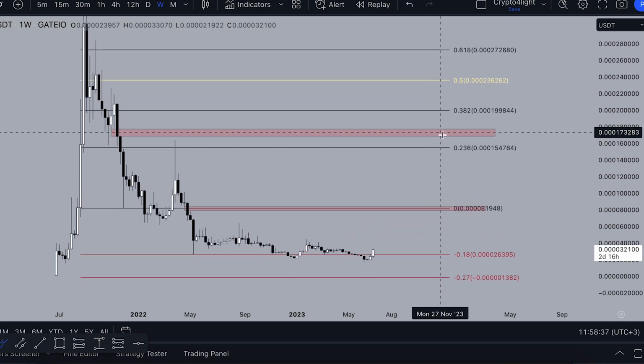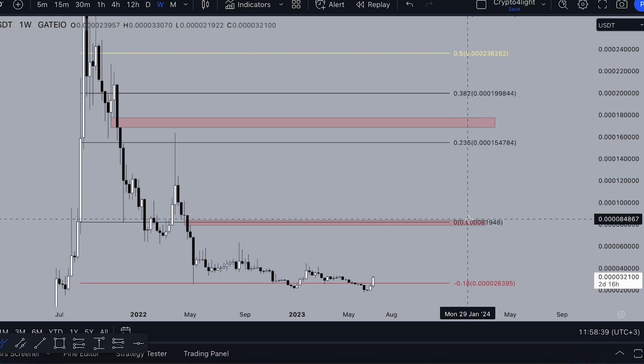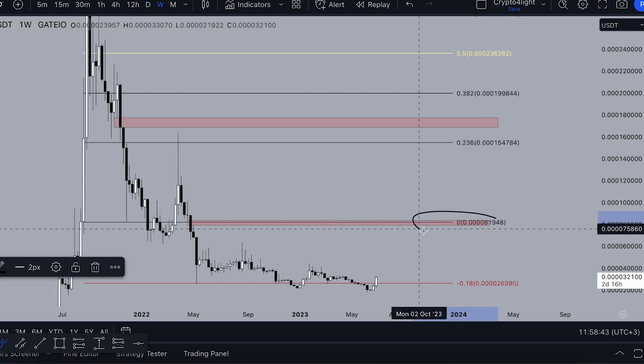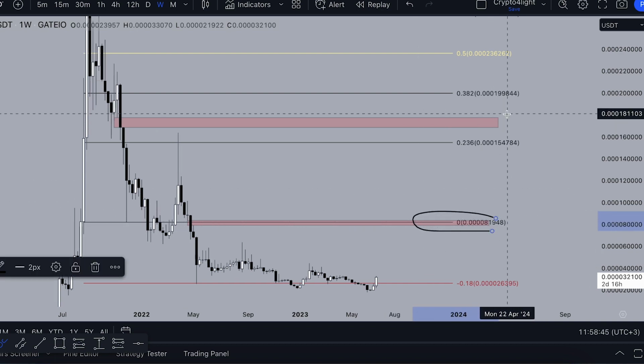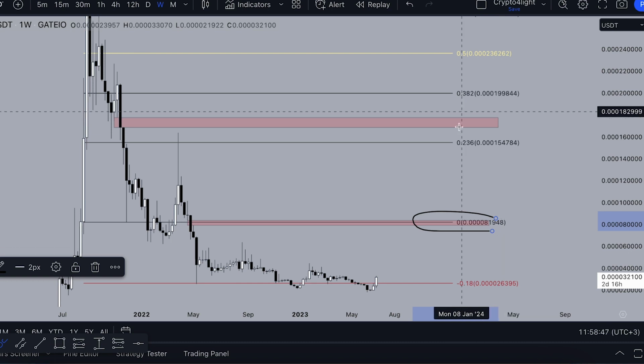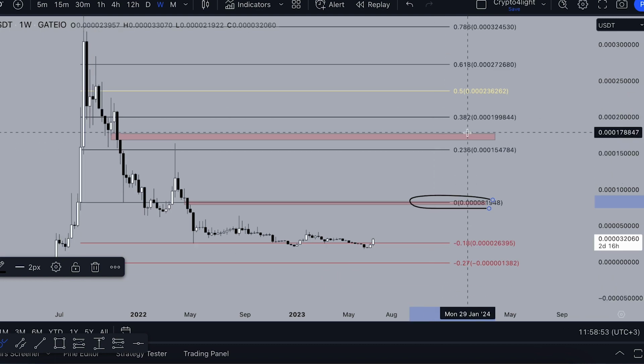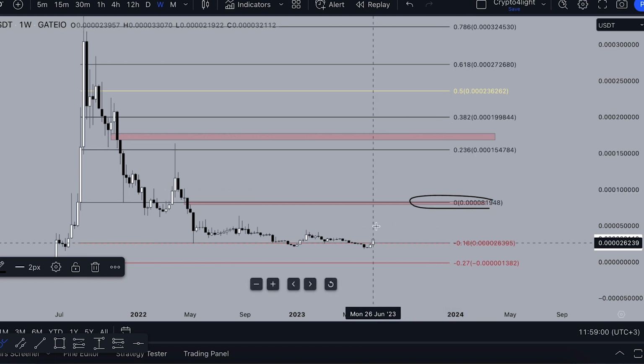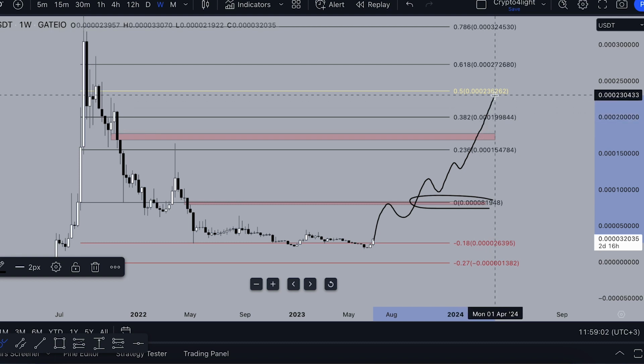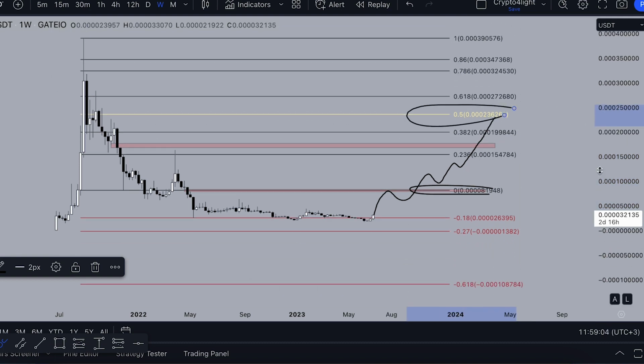Just keep in mind two tiny weekly gaps. The first one is around the zero level. The second one is the main one and will be the main target for eCash for the next bull run. It will be this zone. This is a fulfill of 0.3017, over the 23 level by FIB. So it can be a potential target, like this one to the 0.5 level by FIB. So this is what I can expect for eCash.